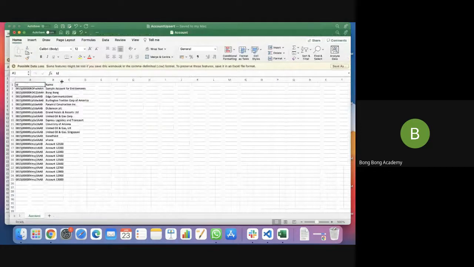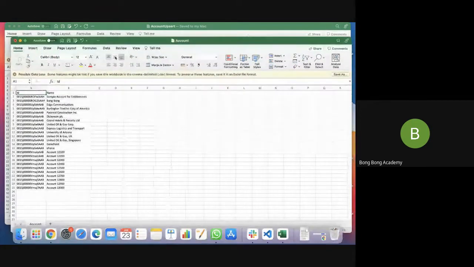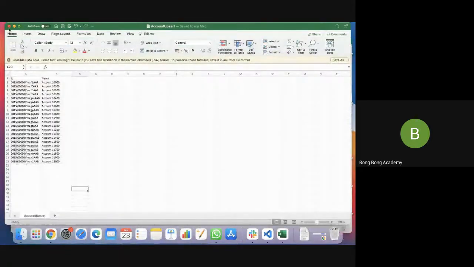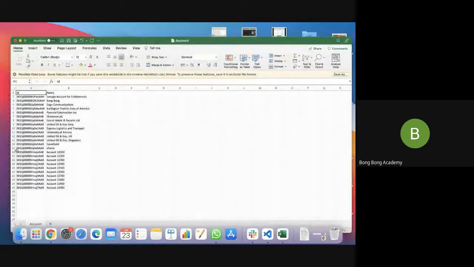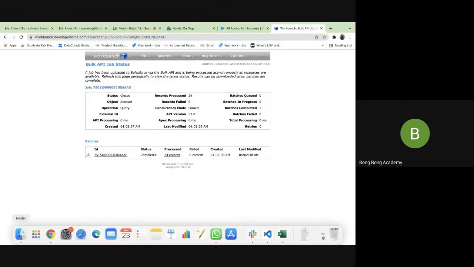These are the existing records, and these are some created by me. Many things were already deleted by me. Okay. So this is the fresh account list, 24 accounts which I have in the system. So I want to work with this. This time we will load data into the child object, which is called contact. How to create that?